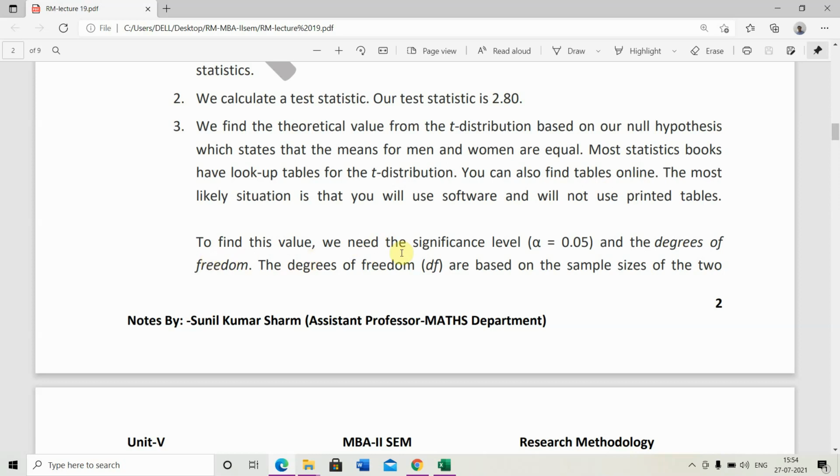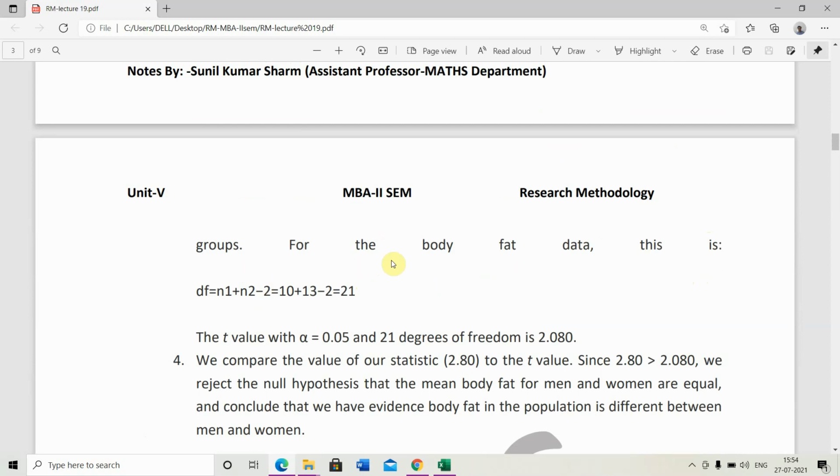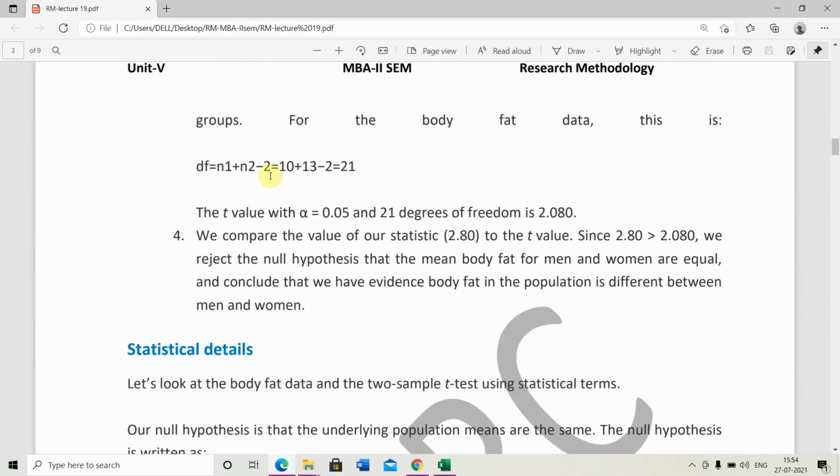To find this value, we need the significance level alpha equals 0.05 and the degrees of freedom. The degrees of freedom, df, are based on the sample size of the two groups. For the body fat data, this is df equals n1 plus n2 minus 2, or 21. The value with alpha equals 0.05 and 21 degrees of freedom is 2.080. It is the